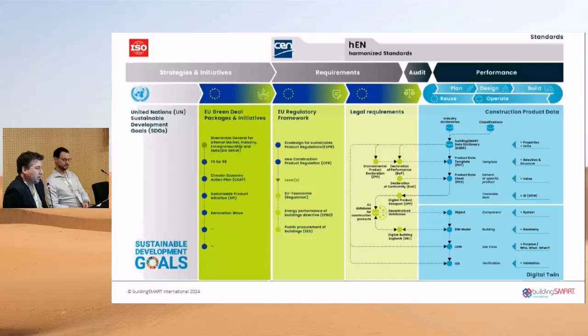We will hopefully be able to communicate with the digital product passport, so I can send IDS to the digital product passport and import the needed data to my BIM model, and this connection will be there forever with the building. So I will always have access back to the DPP, which will be somehow stored in a registry or in a permanent storage, central or decentralized. And yeah, that makes sense.